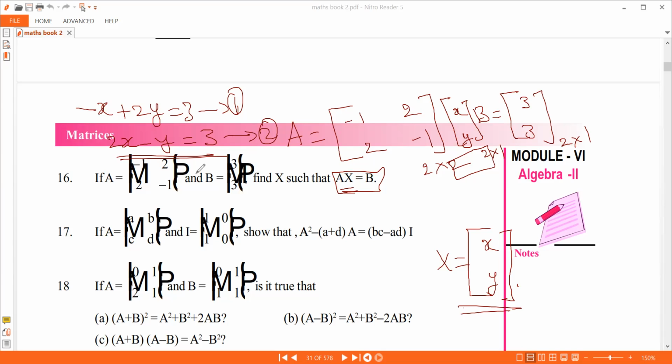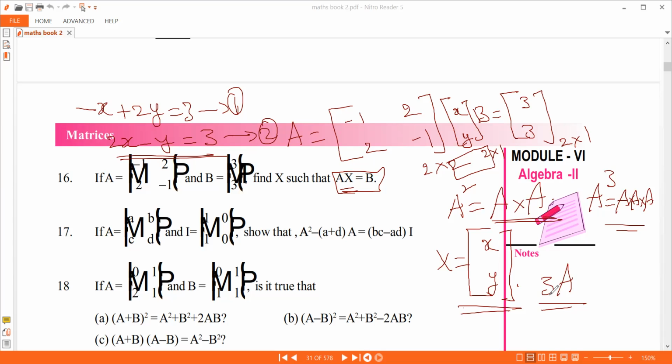There are two things. No. Listen carefully. A square is A times A. This is different from 3A. I didn't ask you A cube. You are giving answer for A cube. A cube is A into A into A. What do you do if I ask you to do 3A? 3 into the number. Multiply every element with 3. Yeah, 3A, 3B, 3C, 3B. Yeah, that is what 3A is.